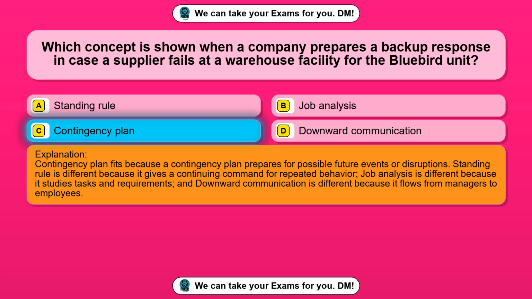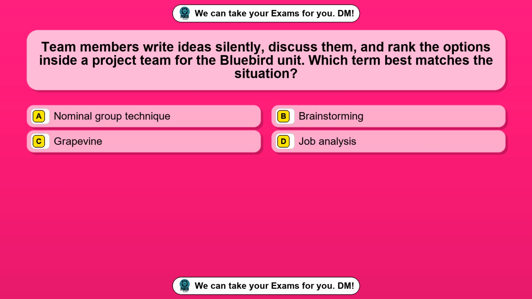Contingency plan fits because a contingency plan prepares for possible future events or disruptions. Standing rule is different because it gives a continuing command for repeated behavior. Job analysis is different because it studies tasks and requirements, and downward communication is different because it flows from managers to employees. Question 82. Team members write ideas silently, discuss them, and rank the options inside a project team for